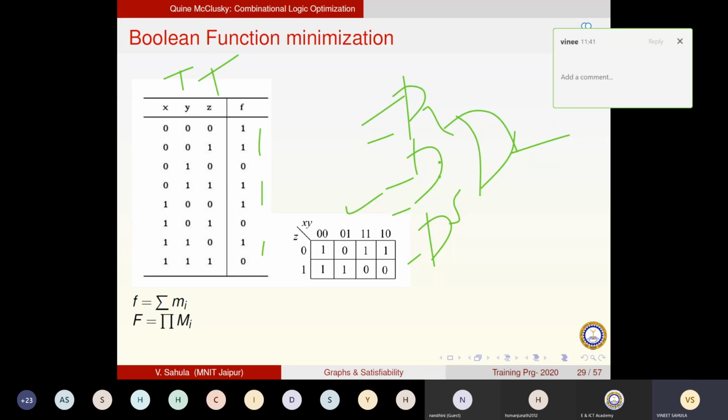Now two issues are here. If my number of zeros are less, only 3, and my number of ones are 5, I will require 5 gates here. Whereas if I could have built around 0, I would require only 3 gates. So I should build around 0. This is preferable in this case, so that you have 3 gates only at the input side.